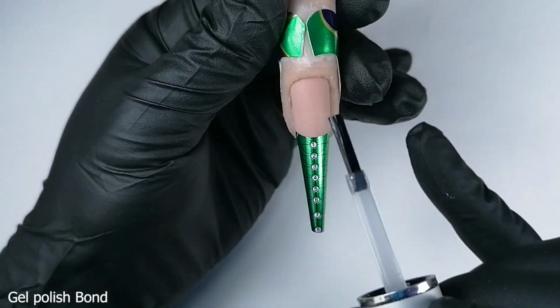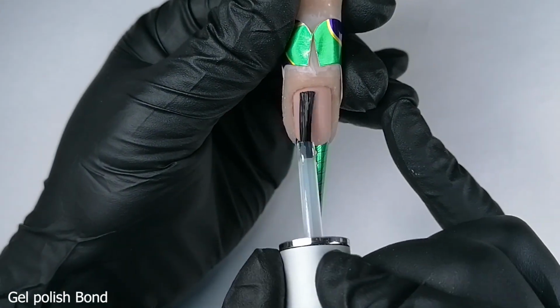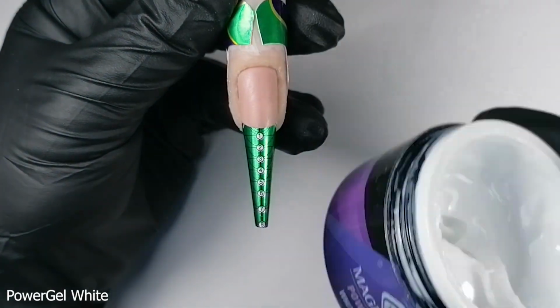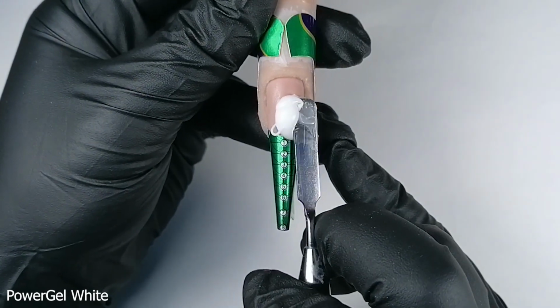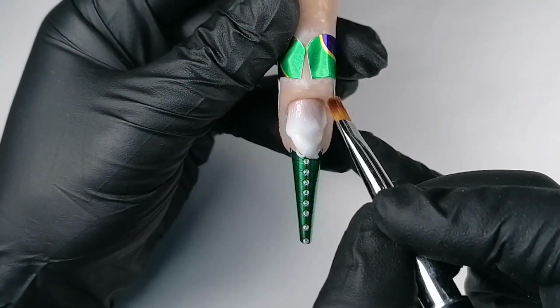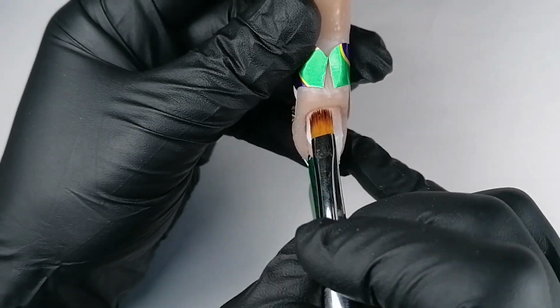As usual, we can start with solvent primer or with gel polish bond. Apply it only on the nail plate and let it dry in the air. And then with white PowerGel, let's create a very thin layer. And with the PowerGel tool, I will apply it and seal it to the nail near the cuticle, and then I